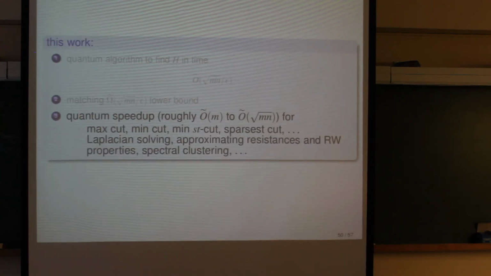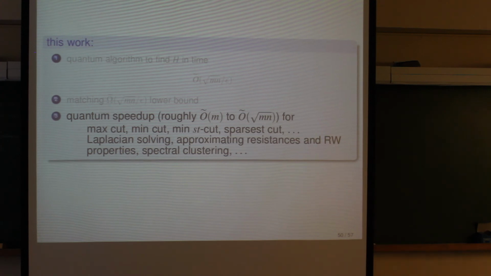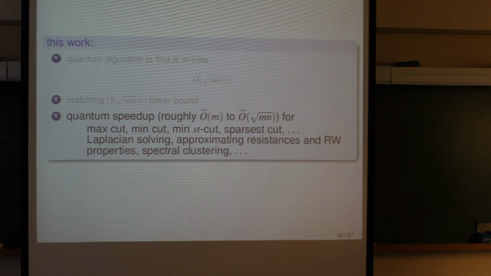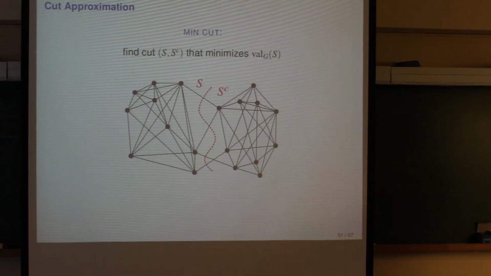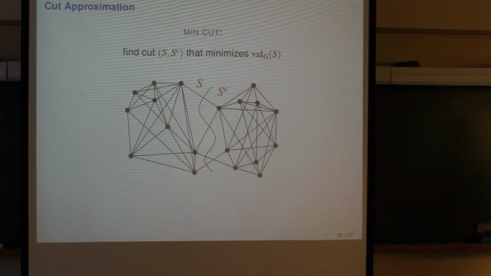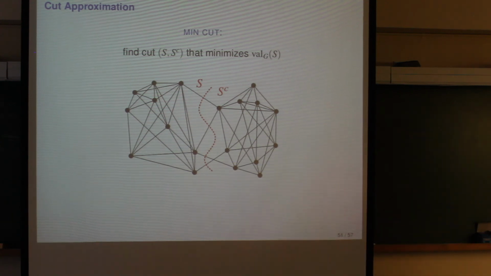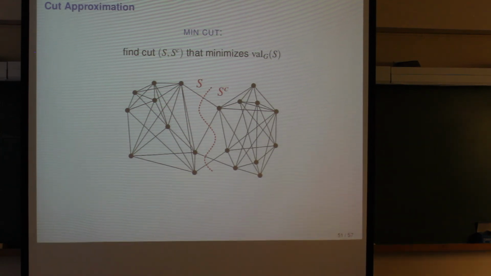All right, and I'll quickly go over why we're interested in doing all this, which is finding quantum speedups for problems which we believe are more relevant. One example would be min-cut, right? You're given a graph, and to every subset S you can associate a cut value. Now you want to find the minimum cut value. So basically you want to cut the graph in two. How do you optimally do that? You want to find the cut with the least number of edges, or at least the least total weight. This problem is called min-cut.